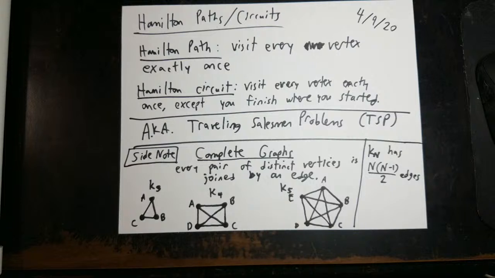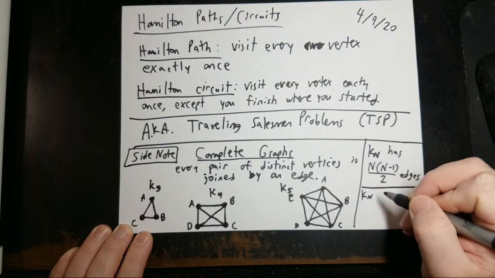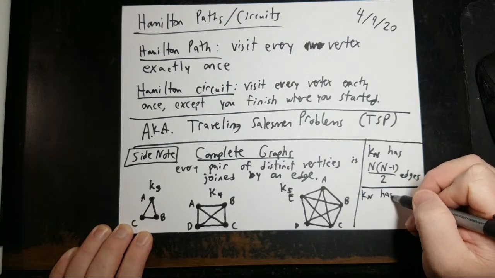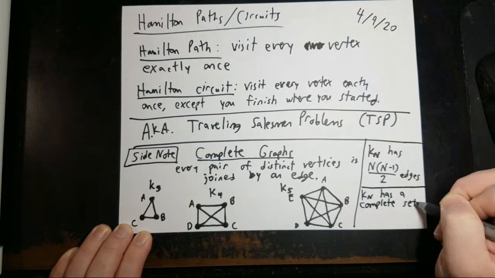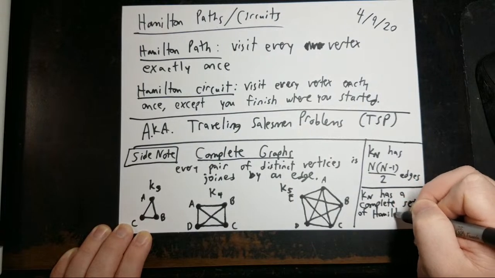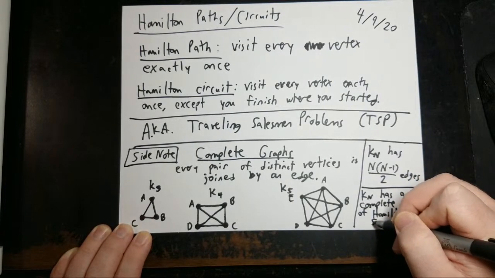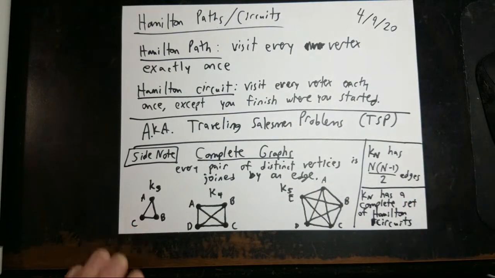Basically, for these graphs, for K sub n, K sub n has a complete set of Hamilton circuits. Or, I'm sorry, circuits. What am I saying sequences for? There we go. K sub n has a complete set of Hamilton circuits, meaning you can start wherever you want,